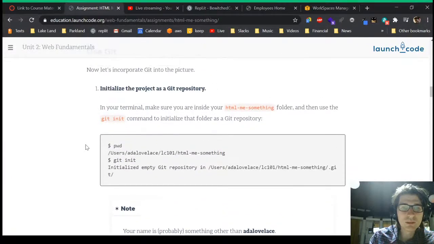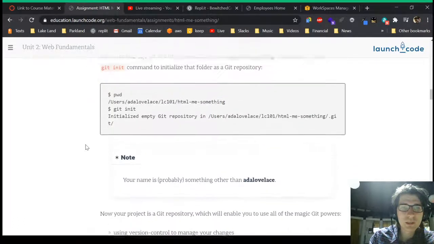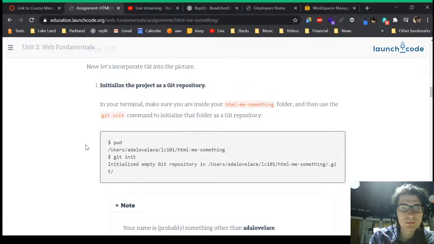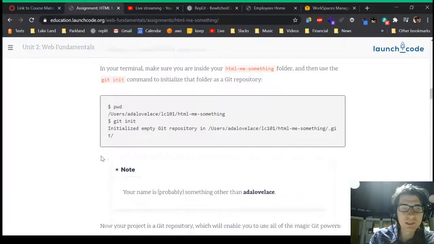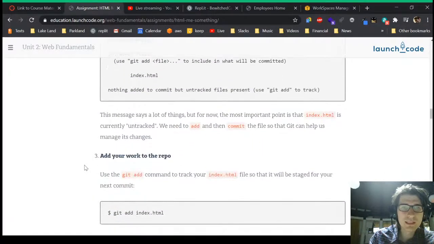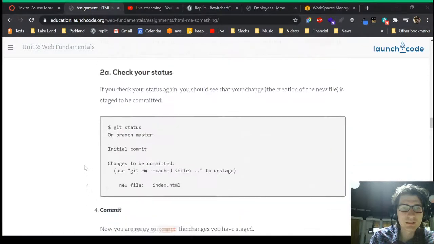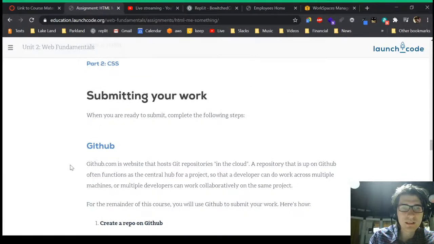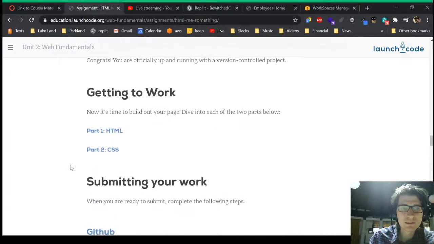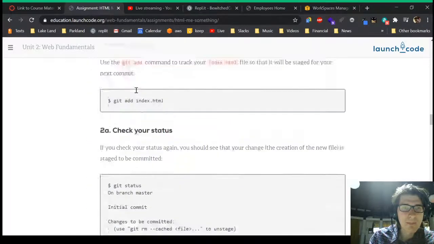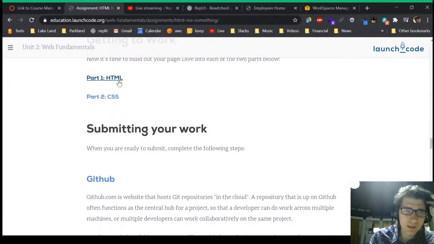And then it wants you to create a Git repository, which for now, don't worry about that either. We're just using Replit. So anything that has to do with Git or Linux, skip over that. Okay, so basically you can just skip all of that setup and just go straight to this part 1 and